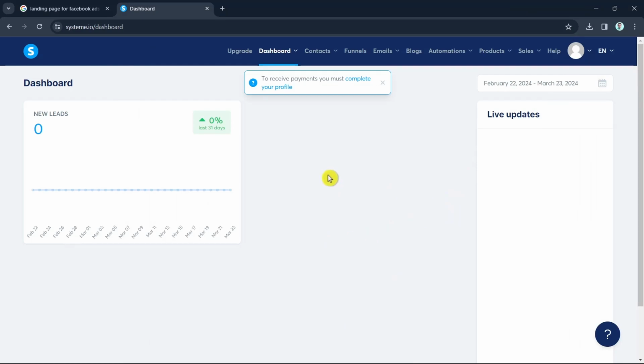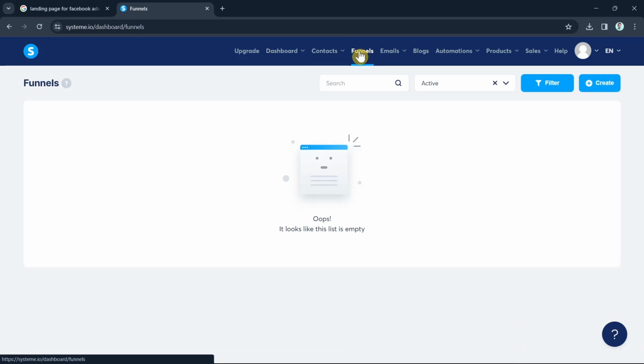All you need to do is click on Funnels right there at the top. So basically click this Funnels. And here you can create everything related to capturing and selling to visitors. To create your Facebook ads landing page, just click on this Create button at the top right-hand corner